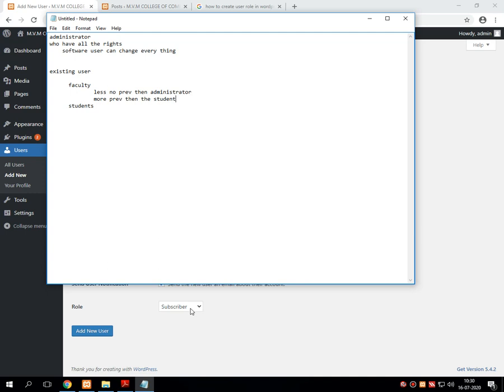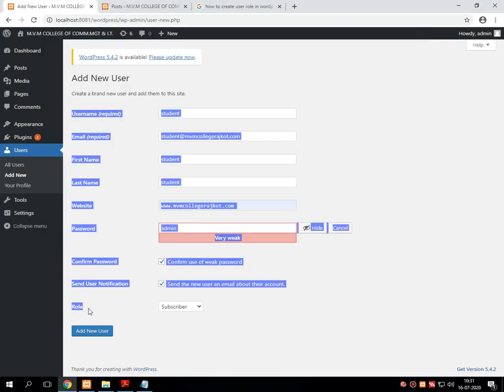Faculty can handle the privileges of students. Students cannot handle the privileges and facilities of faculty or administrator. So this is a hierarchy maintained by the system, which is called a role.